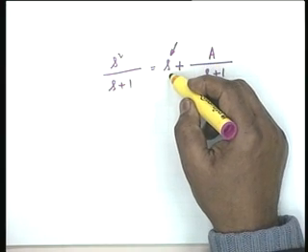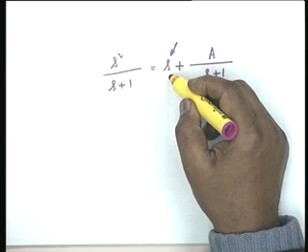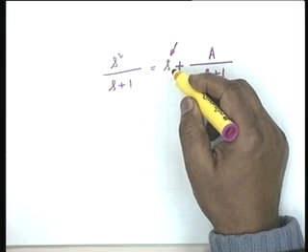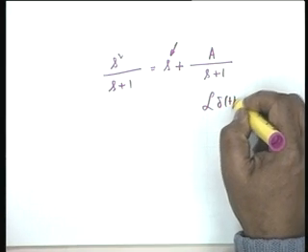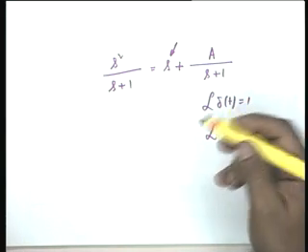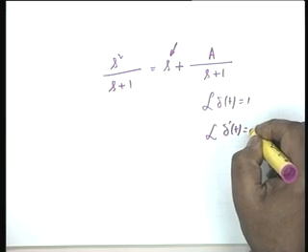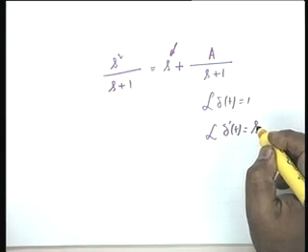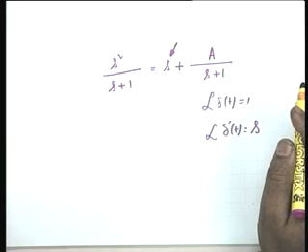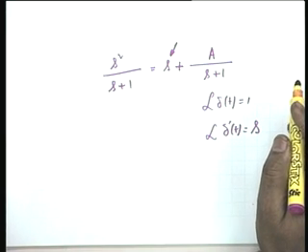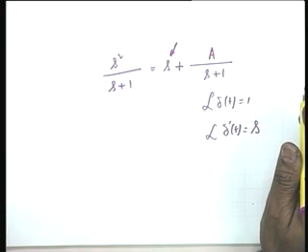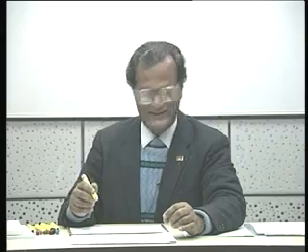Now, what is the inverse transform of this? Delta prime t. The transform of delta t is 1. The transform of delta prime t is equal to s. But in this case, A is a function of s, isn't it? Pardon me? A is a function of s, it is not a constant. A is equal to minus... Again it comes. So, this is not a correct solution. I was waiting for this. This is not a correct partial fraction expansion.